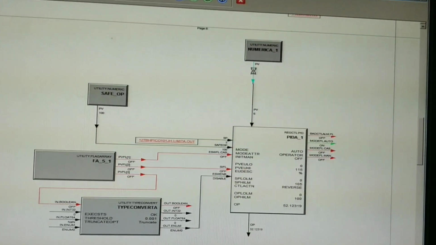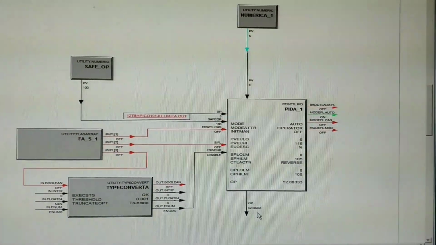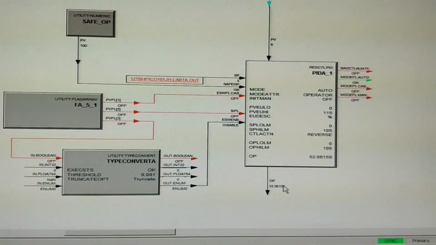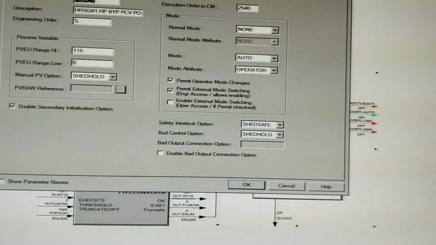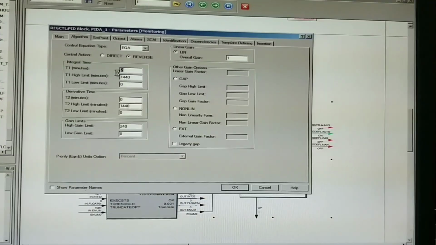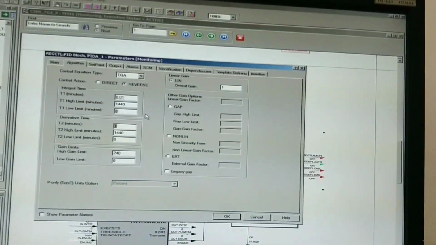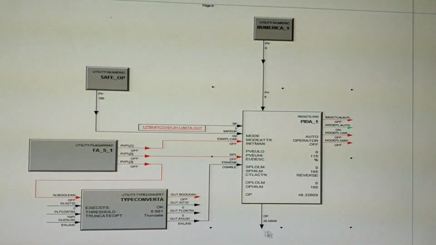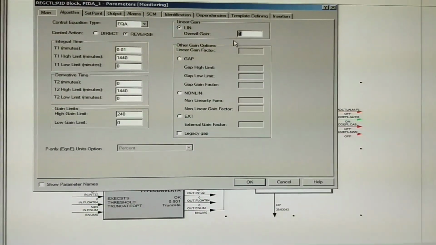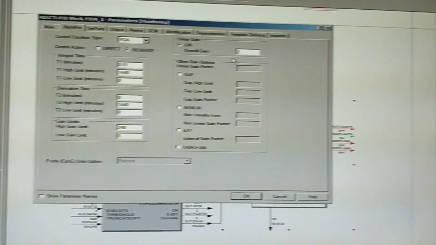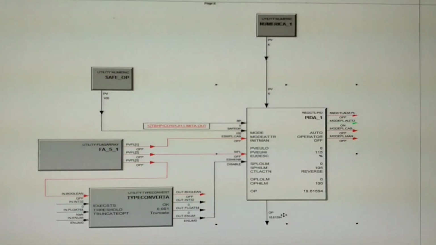Now previously during the direct action, output was increasing. Here you can see output is decreasing. Now depending on the PID values, the output will go down. Here you can see the response is too small. So if I increase the integral time, here response is changed to fast action. Here you can also change the P value, and you can see the output is going down very fast. So this is the part of tuning.